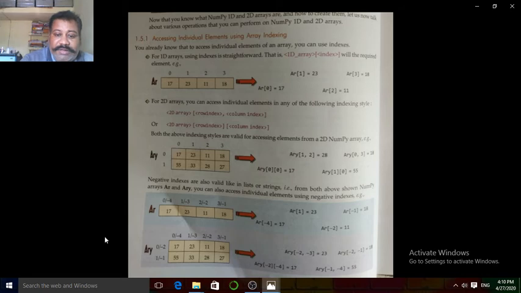Similarly, for a two-dimensional array also, as row wise and column wise, array minus 2, minus 3. See, array minus 2 with row wise means this will be the value of minus 2 and minus 3 will be this. So the value existing at this particular location will be 23. Array minus 2 minus 3 is equal to 23.